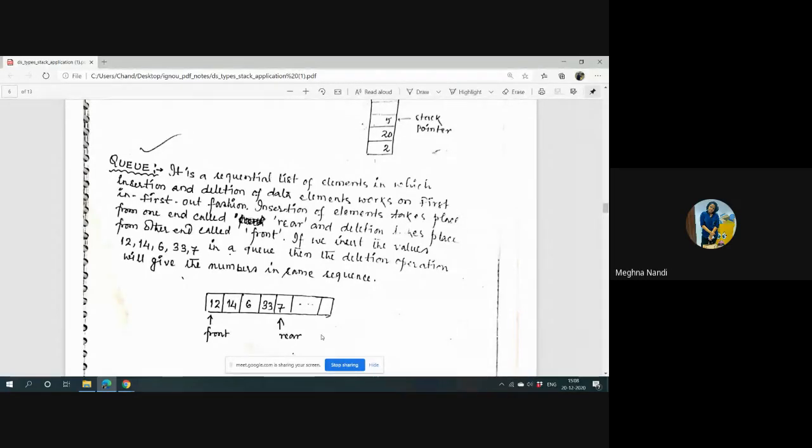The previous one. Again I am saying, if it is normal queue, then each time you enter a new element, the rear will shift its position. And each time you delete one element, the front will shift its position. The equation will be rear equals to rear plus 1, until max size is reached, front equals to front plus 1. Then, if I tell you about the